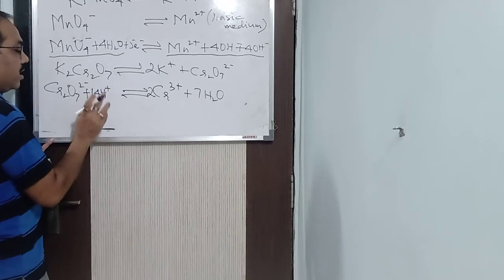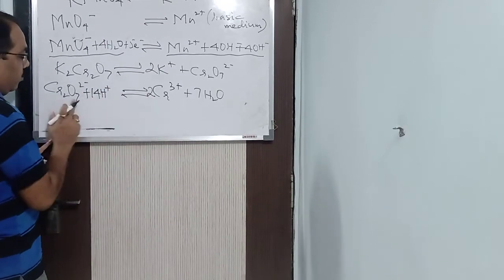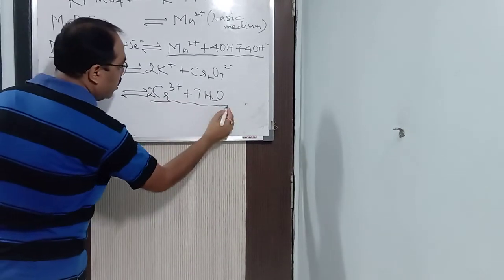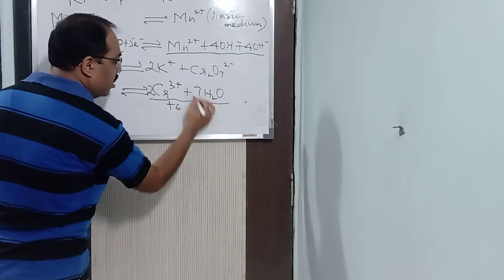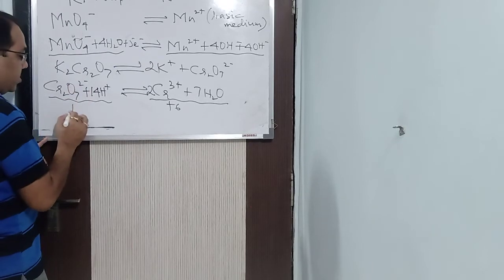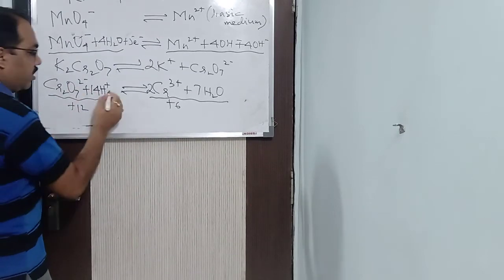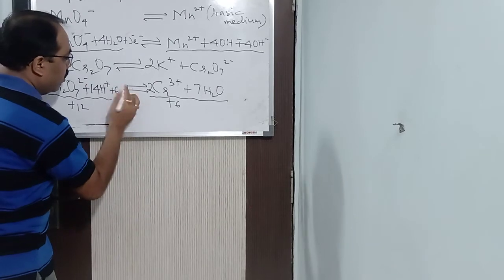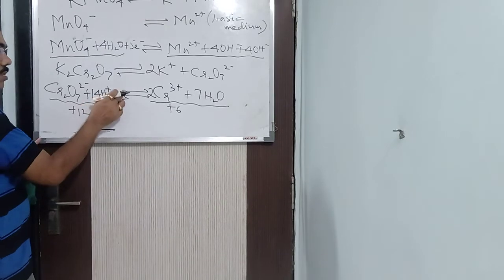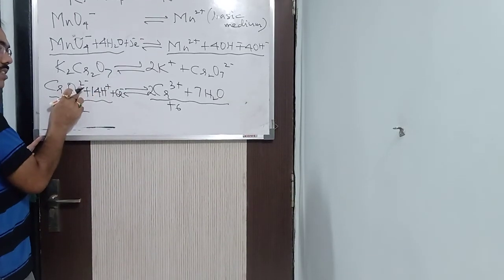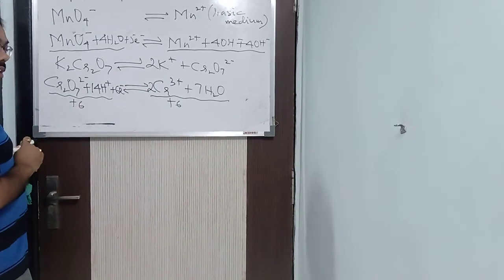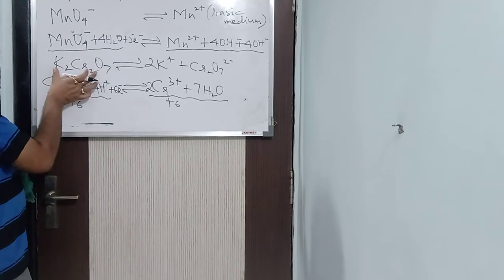Now you see, all are balanced except charges. 2 chromium, 2 chromium. 7 oxygen, 7 oxygen. Hydrogen 14, hydrogen 14. Now to balance the charge. Here what is the total charge? Plus 6, because here the charge is neutral, 0. Here what is the total charge? Plus 14 minus 2, it is plus 12. How much do I want? Plus 6. So what will I do? 6e minus. See, plus into minus, minus 6. Minus 6 minus 2, minus 8. Minus 8 plus 14, how much will it be? Plus 6. Now balanced.